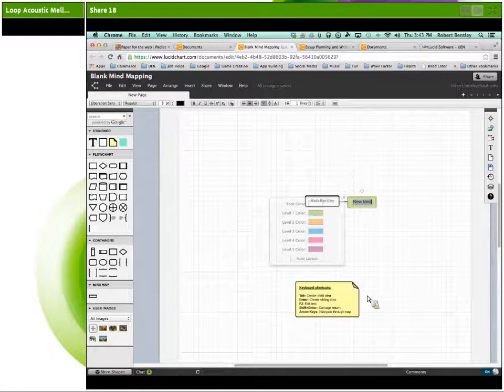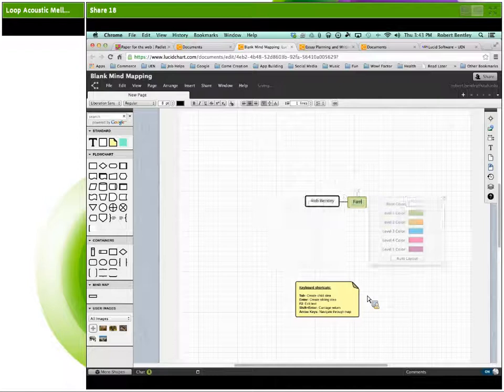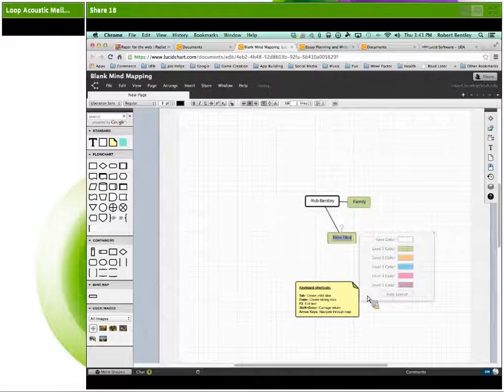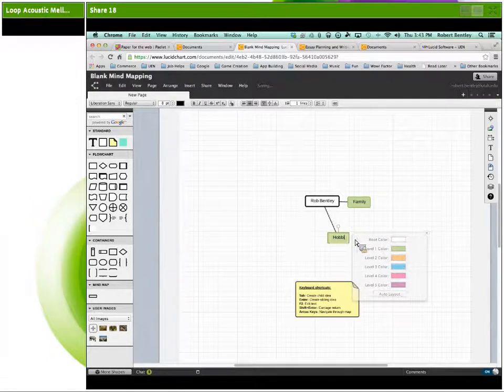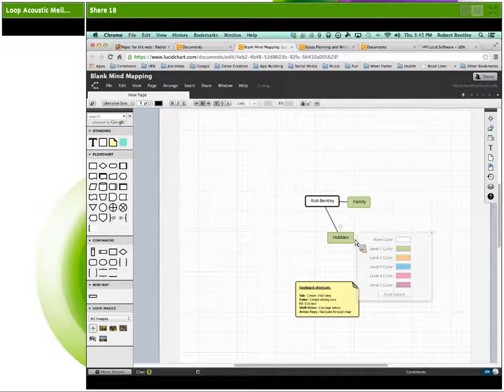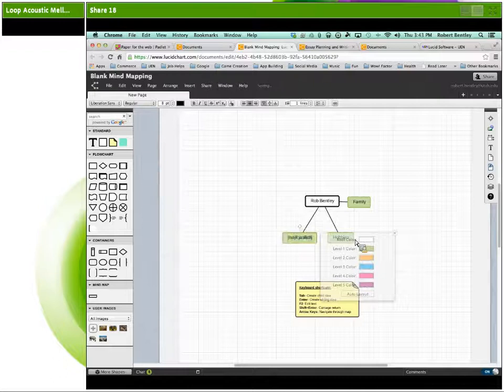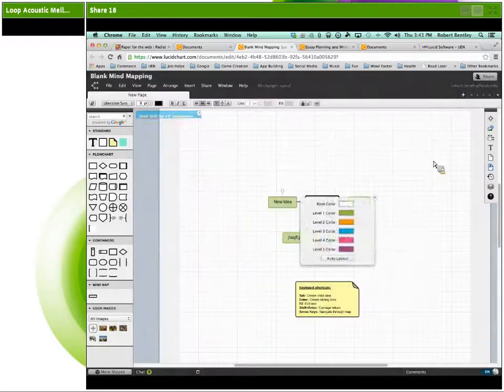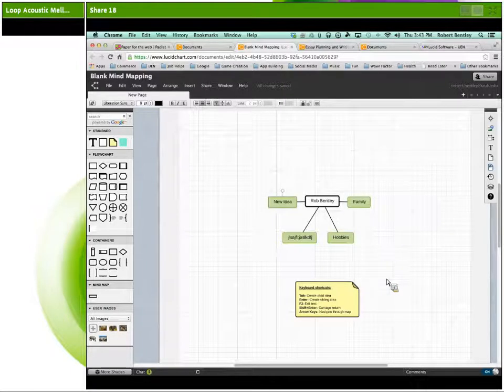Okay, so I could go in and let's say I want to talk about my family. Now in this case, I don't want another child category. I want a sibling category. So I hit Enter, and it gives me a sibling idea. Okay, so I could just go ahead and keep adding to this mind map. Okay, and I keep hitting the wrong key, and it brings up that screen. But anyway,